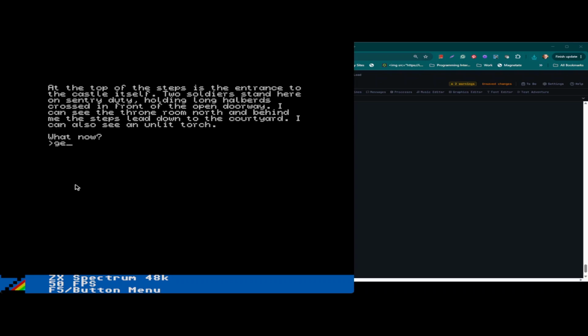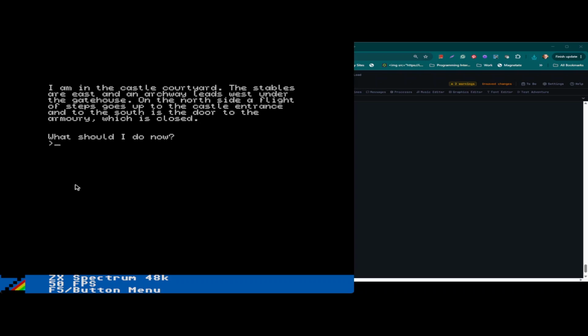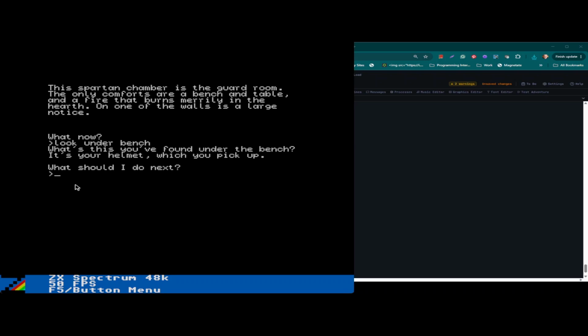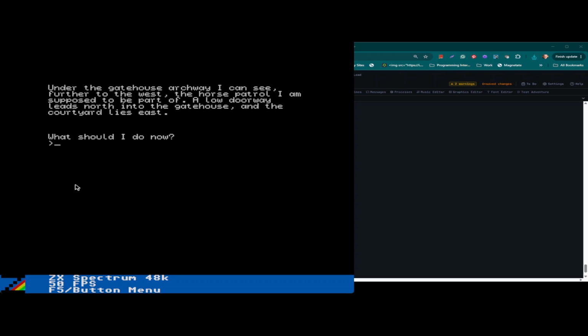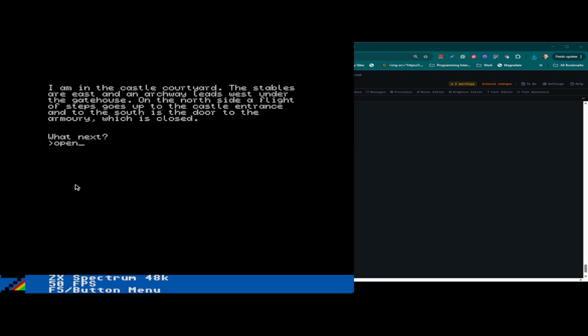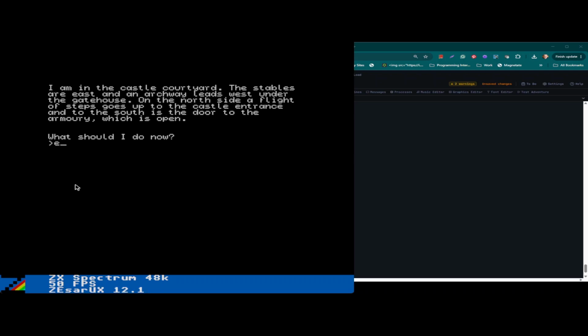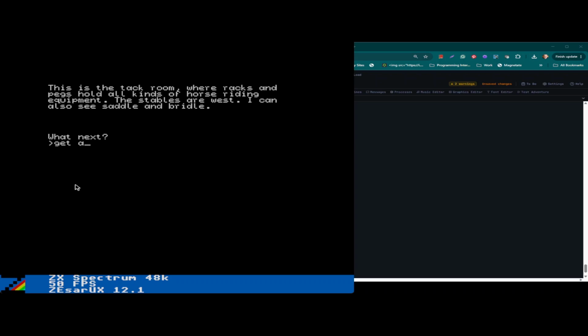up, we get the torch, we come down, we go west, we go north, we look under the bench, we light the torch, we go south, we go east, we open the door, we go south and we get the sword, we go north, we're going to go east, we're going to go east, we're going to get all,